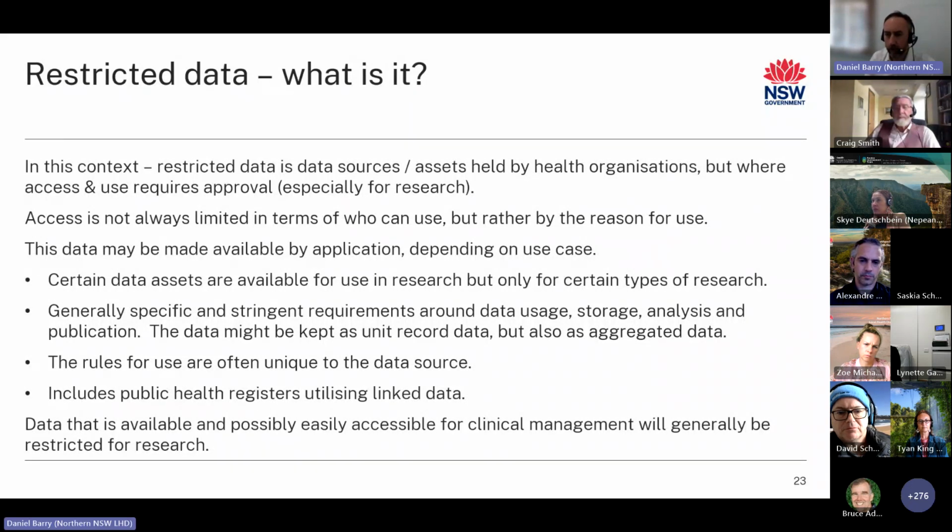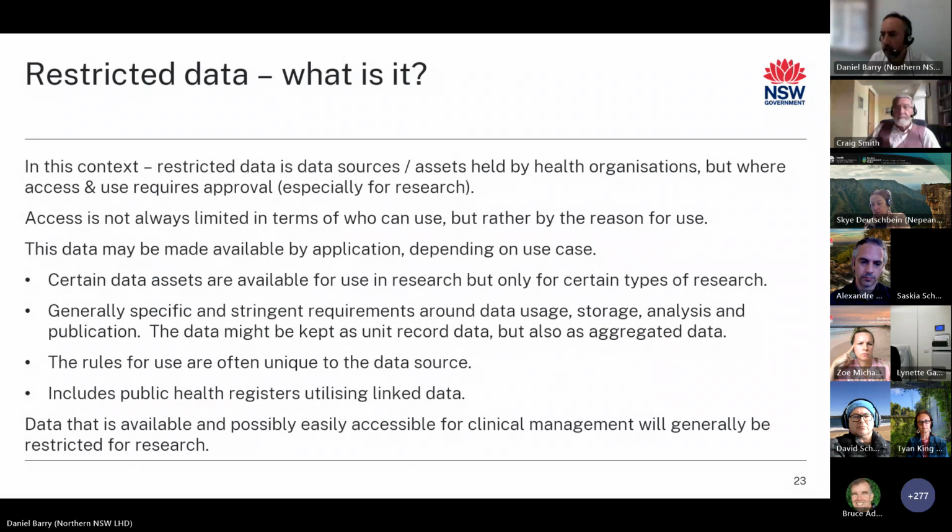And just to provide a definition there, when I'm saying unit record data, I mean that data which is kept and relates to single instances of a patient attending a health service. Generally, aggregated data sources and tools that can be used to support research are designed to be a little bit easier to access and extract and use, and that's a pretty sweeping statement. Unit record data, however, will often require access to some specialized skills or training in order to access, extract it,